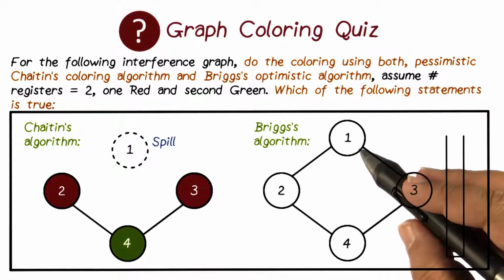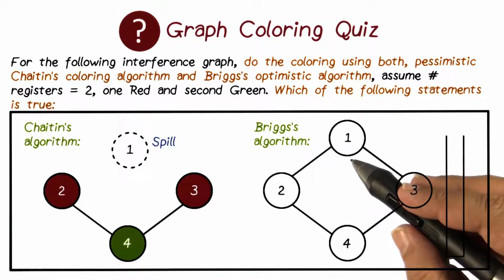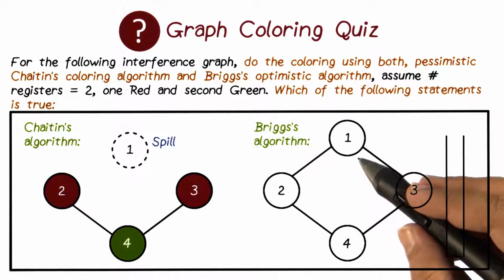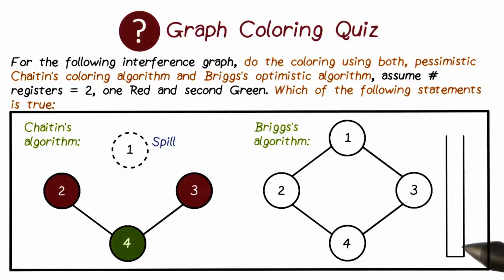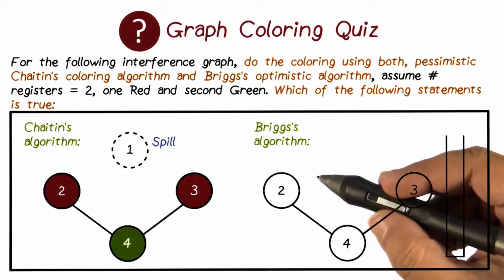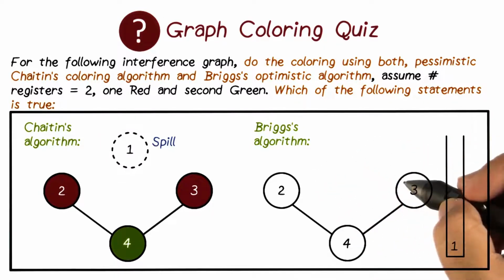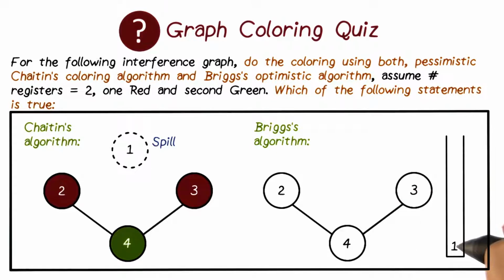What Briggs' algorithm says is, if the out degree of a node is greater than or equal to n, where n is the number of registers, be optimistic. Don't assume that it will result in a spill, but go ahead and pick up the least spill cost node and put it at the bottom of the stack first and remove it from the graph. So in this case, assume that it was node 1. So we removed node 1 along with the 2 edges that were incident